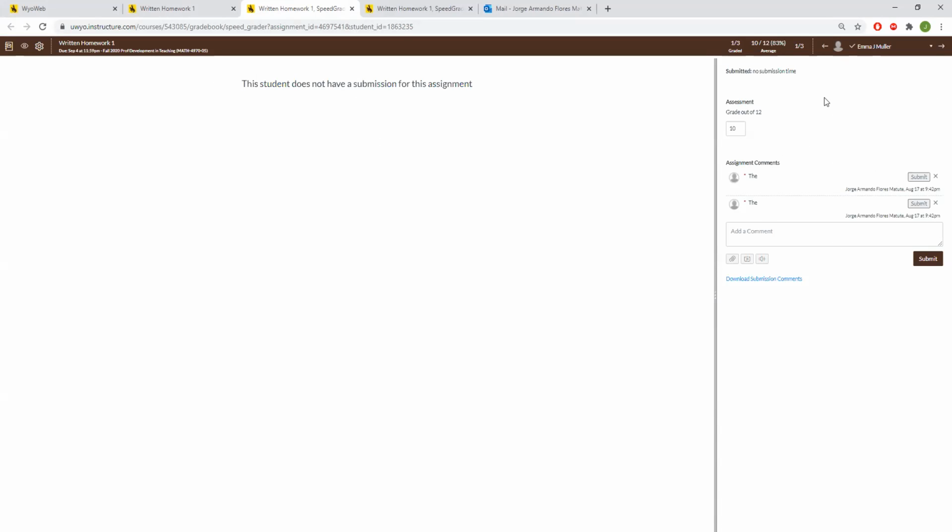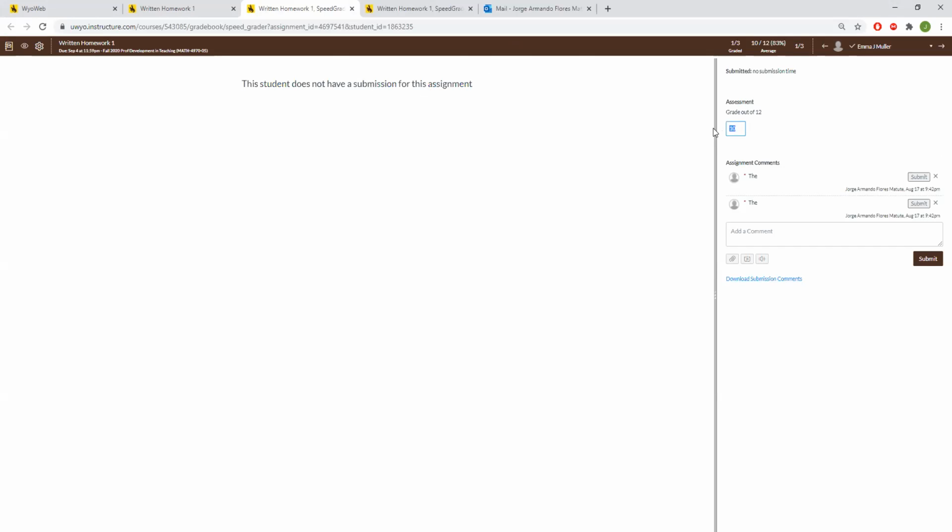I'll show you how this works. It's pretty straightforward, and this is the last thing you want to do. And then I'll go to another of my courses, where I'll crop out this area to the right of the vertical line just to keep the students' names anonymous, and I'll show you how to work with the left-hand side. Again, there should be more options here, which you can't see because there's no submission. But here on the right-hand side, once you've worked with everything on the left-hand side, which again I'll show you how to do in a moment,